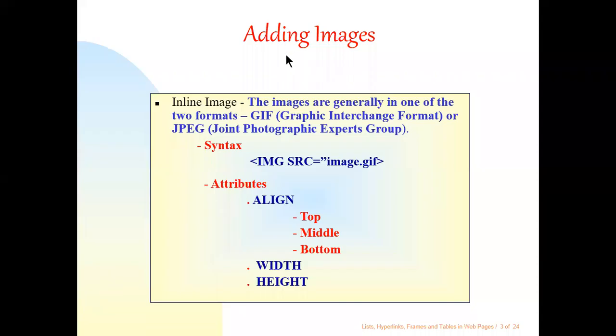Okay. If I want to place images onto the web page, then we are going to use a tag called the IMG tag. So how do I make the IMG tag? The syntax is very simple. IMG tag followed with src equal to; src is the attribute. So src is equal to the image file. Which image you want to place onto your web page, you can define it.